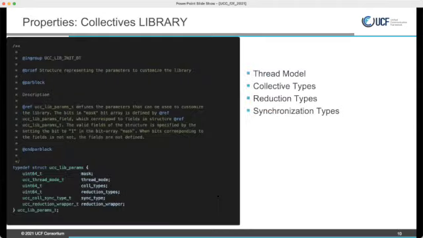And UCC thread multiple, the user should use when the user calls the collectives in multiple threads. If you think about this, this maps to the MPI model and the OpenSHMEM model almost one-to-one. And the main users of these thread modes are MPI and SHMEM.